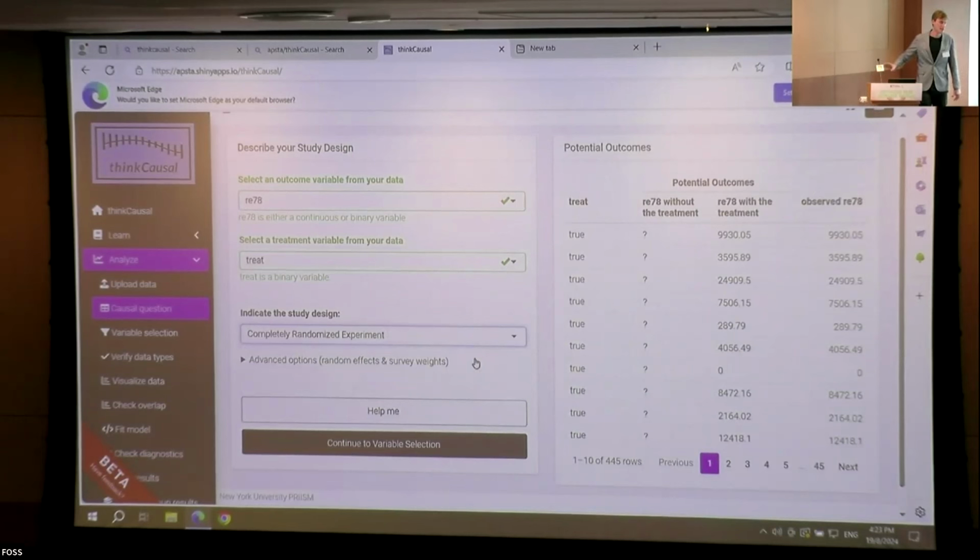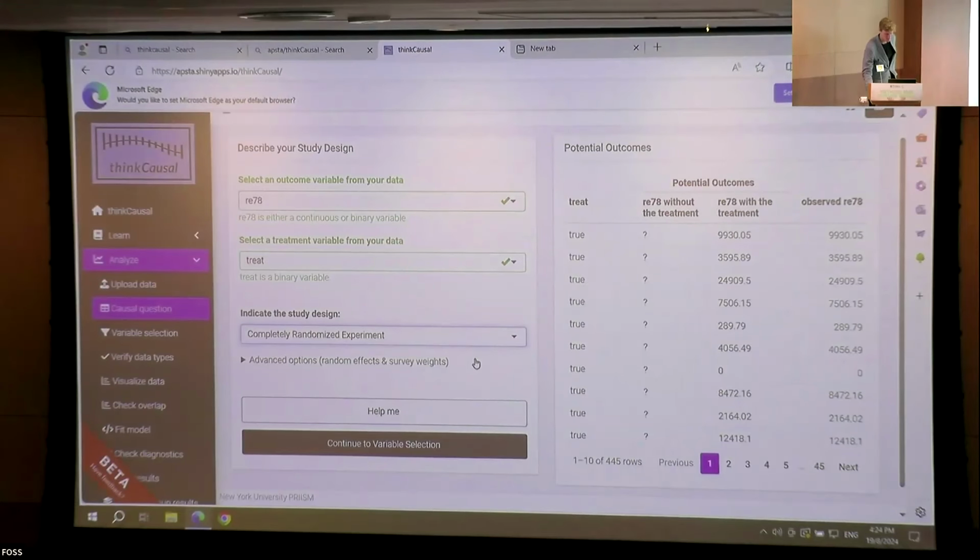So I'm going to go pick a completely randomized experiment. Why do we ask about the study design? Well, dependent on your answer, it's going to start doing a bunch of different checks. So throughout this entire process, under the hood, we're doing a bunch of checks to make sure that you're making decisions that make sense. And if you make decisions that don't make sense, you're going to get a lot of errors that pop up and say, hey, are you sure you really want to do this? Here's a button that will take you to a learning module that will explain maybe why it's not a good